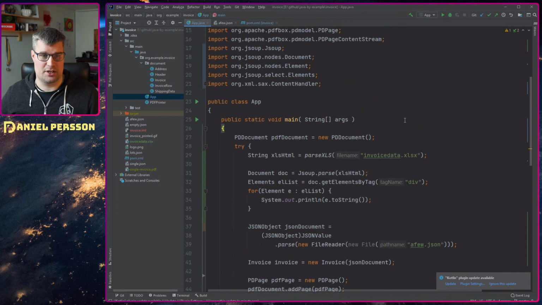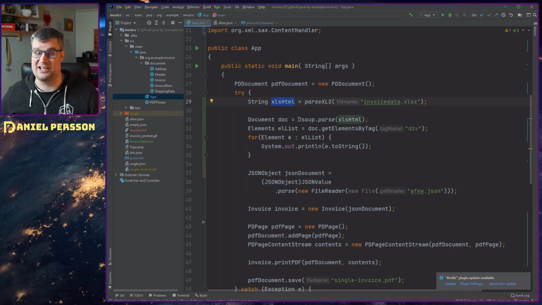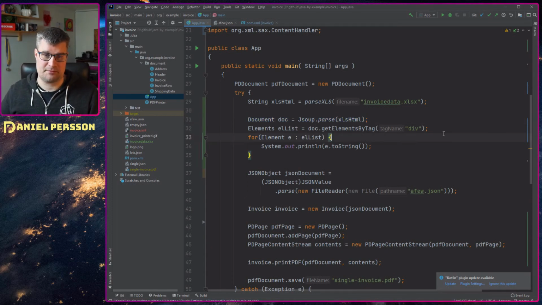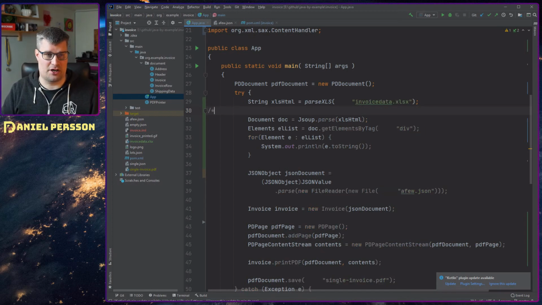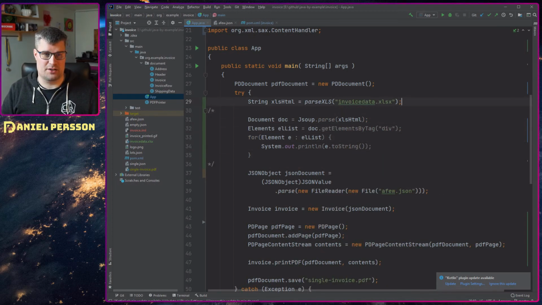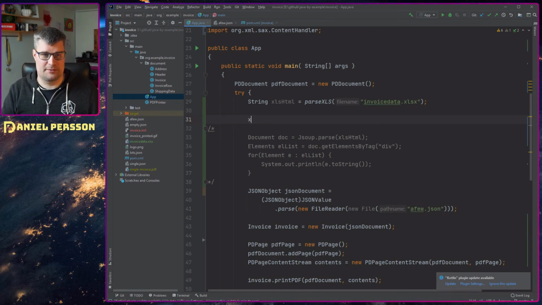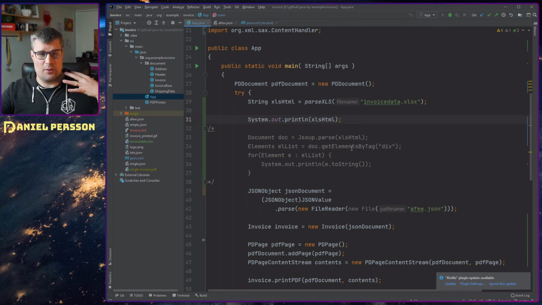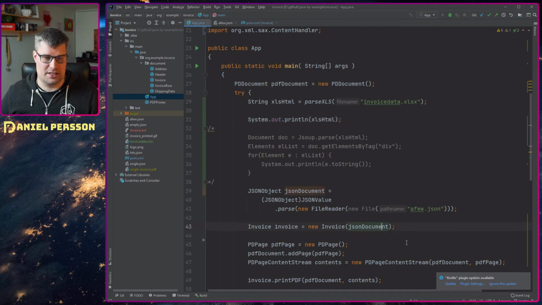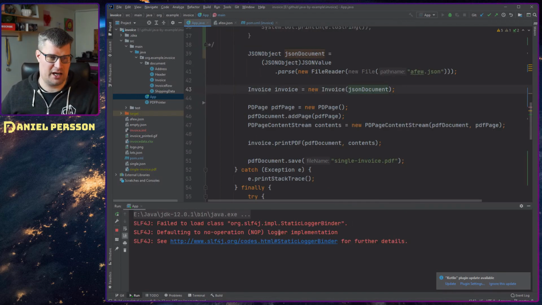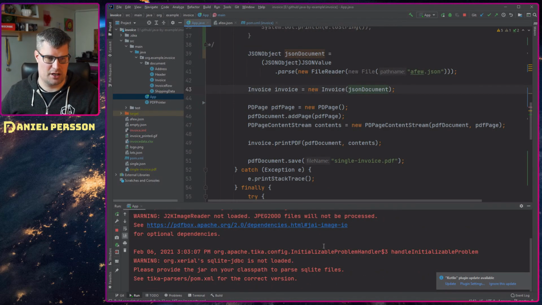So if we go back to the code here again, we got this XSL HTML document, and I use JSoup to parse this document. And we can actually start by looking into the document here. So we do an XSL HTML and print that out. If we do that, we can see how this HTML document is structured, and we can go from there. So let's see here, and it takes a while for the code to compile, and when it runs we will